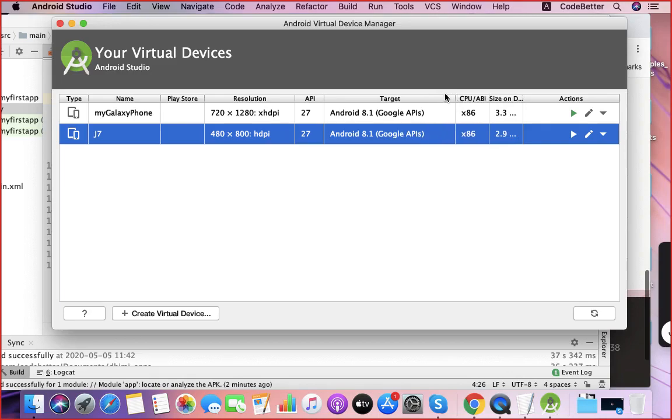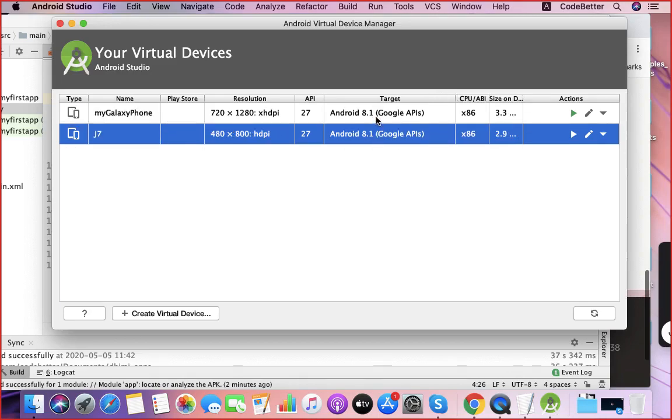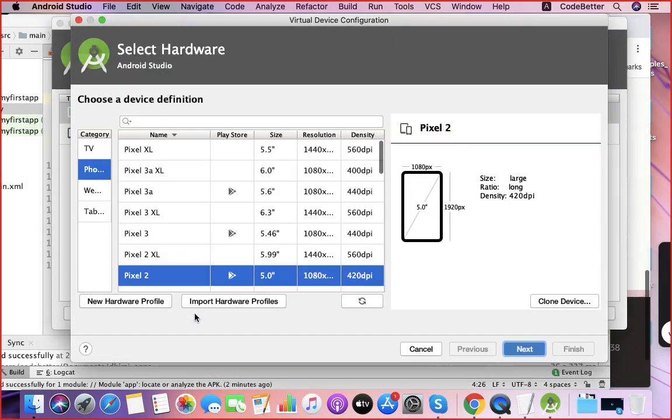Okay, so this is how I have created a virtual phone. Let me give steps to create a new virtual phone. So there is a new button there, Create Virtual Device. Can you see this? Okay, if I click on this button, I will get this screen from where I can create a virtual device either for TV, because Android is also available for TV.